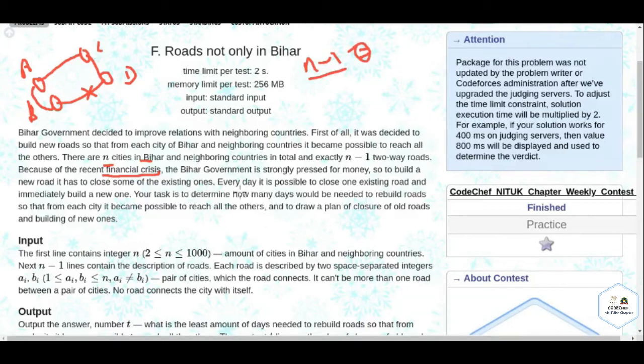So every day it is possible to close one existing road and immediately build a new one. So on every day we can close one road and create one road immediately. Your task is to determine how many days would be needed to build the roads so that from each city it becomes possible to reach all the others, and to draw a plan, of course. And it means we also have to tell how many days it will take to connect all the cities, and which roads to close and which new ones to build. Okay,